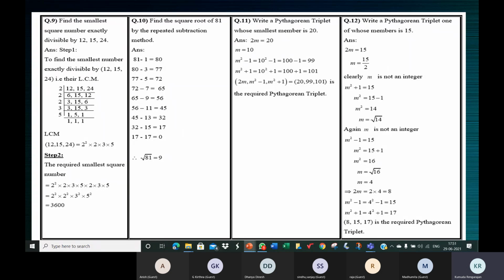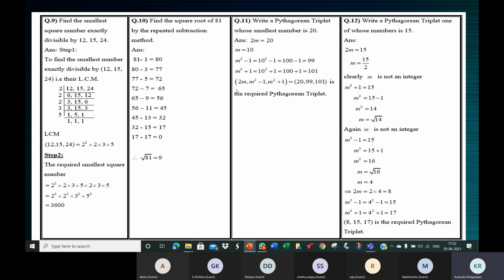Write a Pythagorean triplet whose smallest member is 20. Now again, you must have seen that the expressions 2m, m square minus 1 and m square plus 1 form a Pythagorean triplet. So what does that mean? It means